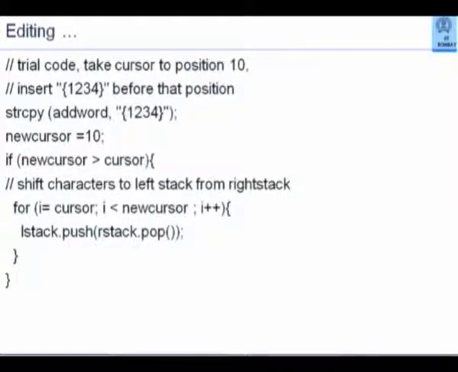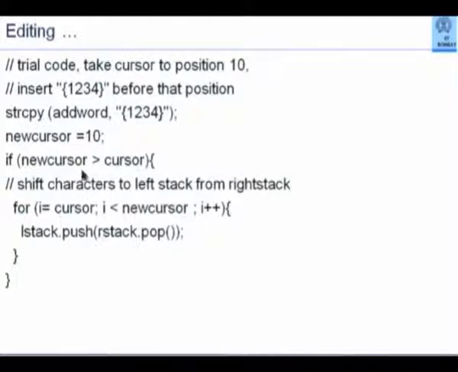Okay. If the new cursor position is greater than the cursor, that means my cursor, which is the left stack, I will have to take some characters from the right stack and put them on the left stack to move the cursor to the right. This is what I am doing. I am popping from the right stack, and whatever character is popped is being used as a parameter to push in the left stack. So left stack dot push, what I push, what is popped out of the right stack. So from the right stack I take out an element, put it on the left stack. And how many times I do that? Whatever is the difference between new cursor and current cursor actually, those many times. And then I will have to set new cursor to cursor.